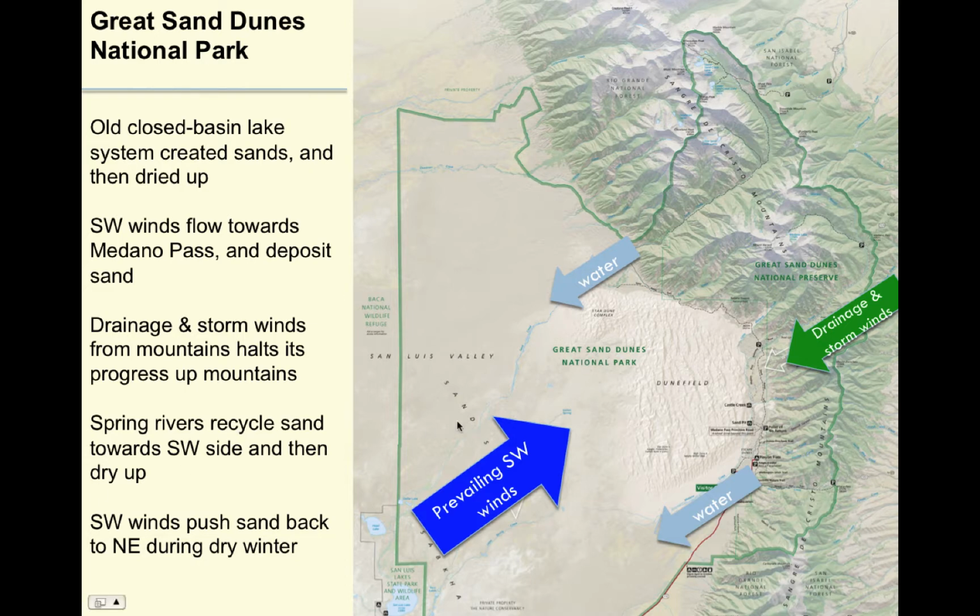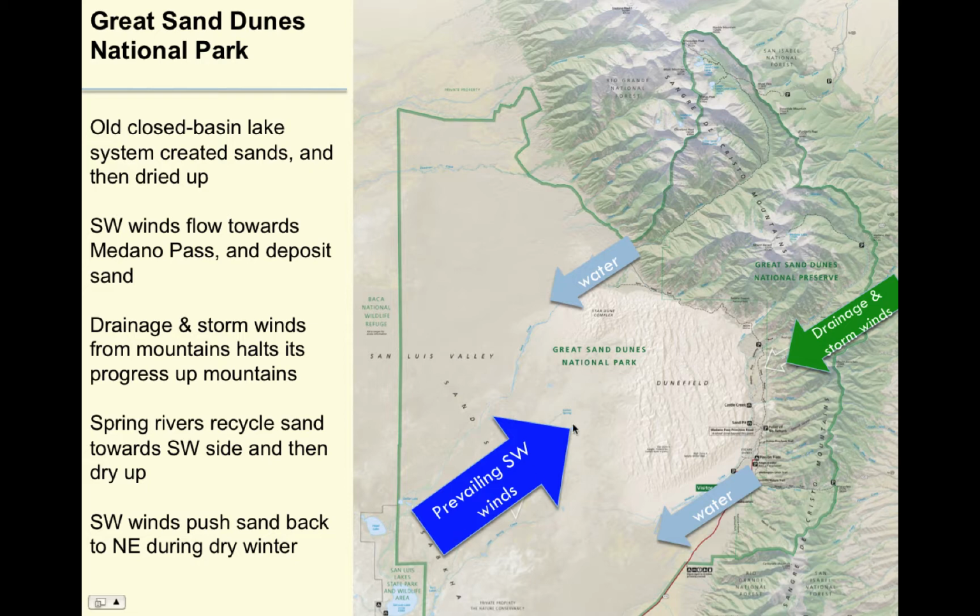What happens these days in the San Luis Valley is the prevailing winds are typically southwest to northeast, so they tend to blow a lot of the valley's sands up against the mountains here, forming the Great Sand Dunes National Park. These southwest winds are particularly prevalent here because there's a pass called Medano Pass which offers a gateway for winds to flow through. Otherwise, the Sangre de Cristo Mountains here are quite tall. At the same time, as the mountains cool off every night, you get what's called drainage winds, because that high density cold air will flow downhill, and that tends to push the sands back down a little bit. You can also get storm winds from the mountains doing the same thing.